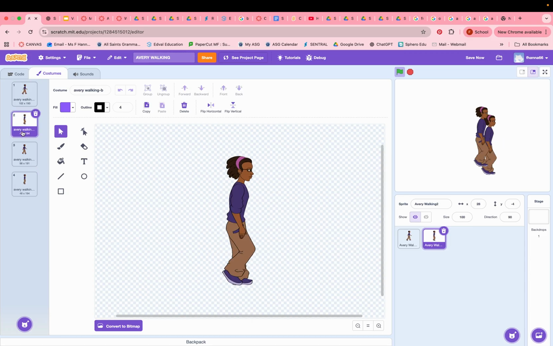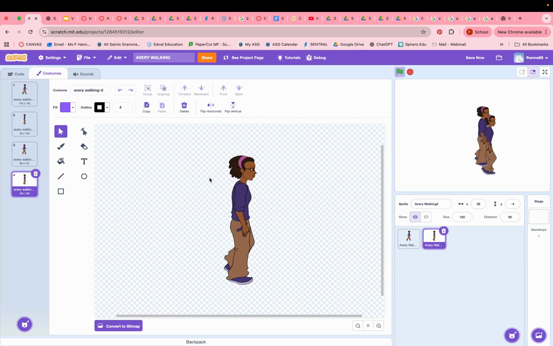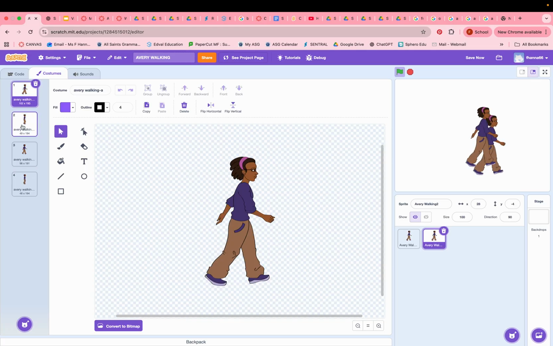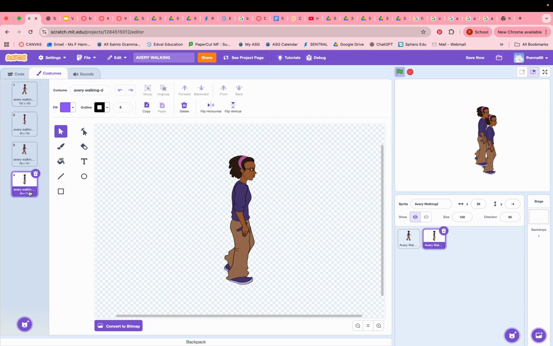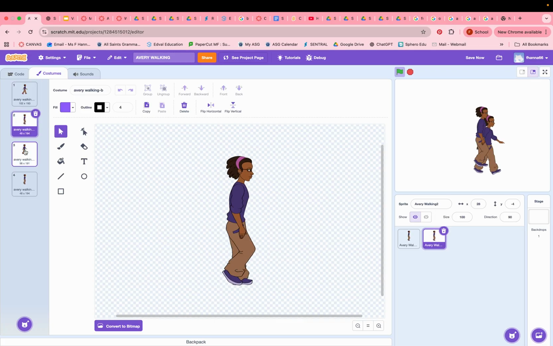So what you really want to do is simply code Avery so that she stays on each one for a very short period before she moves to the next one and the next one and the next one, and then she starts all over again and repeats it over and over. So what we're going to do is go to code,